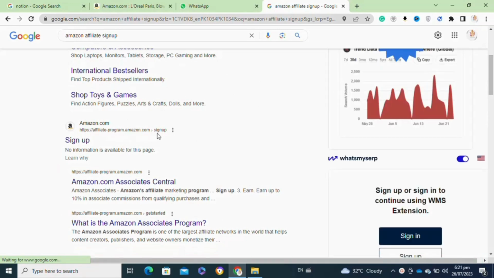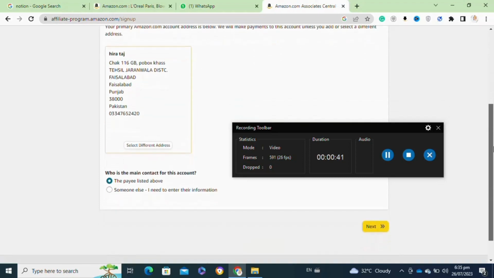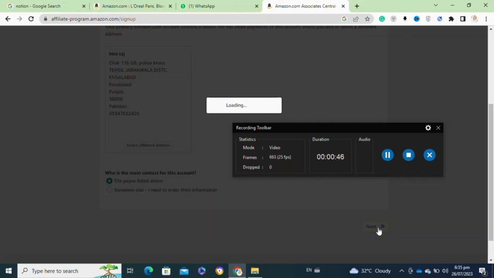in Amazon affiliate sign up, and after that you have to click on this sign up link. Once you click on this link, now it will take you to a form where you have to enter all of your details. Once you have entered all of your details, now here simply you have to click on the